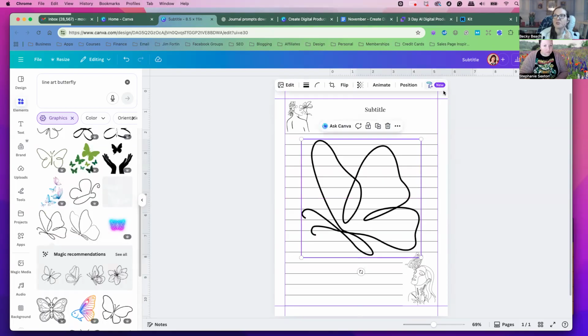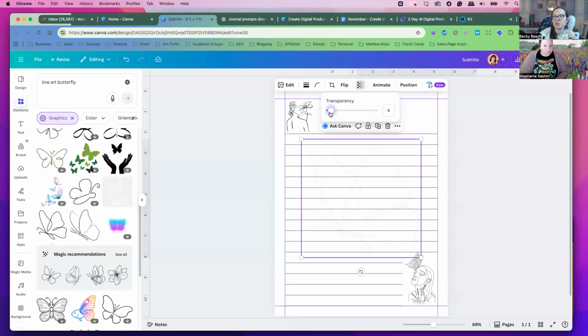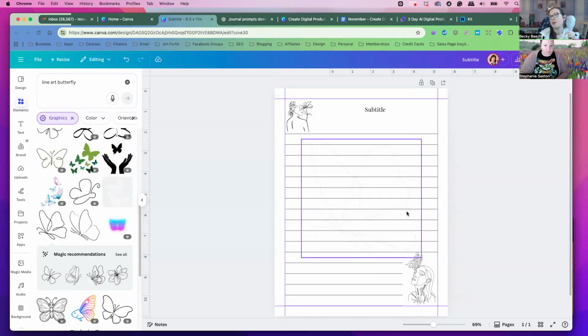Yeah, so I'm going to do this, but I'm going to frost it. So I'm going to lower the opacity, so it's just a little peek. If you kind of see the butterfly a little bit behind it, you see that? And I just think that looks really elegant, like just something extra. Let me adjust it a little bit.